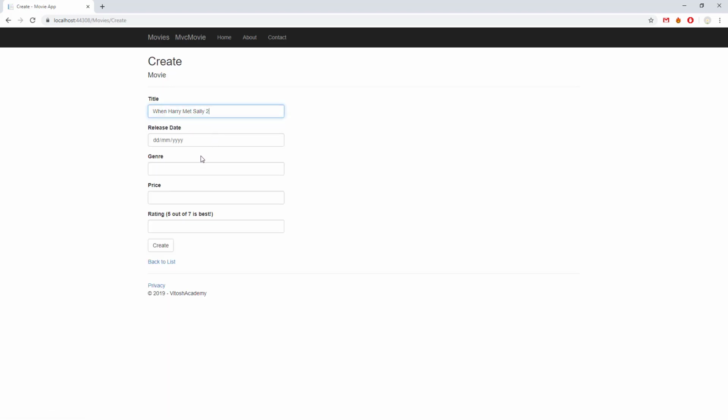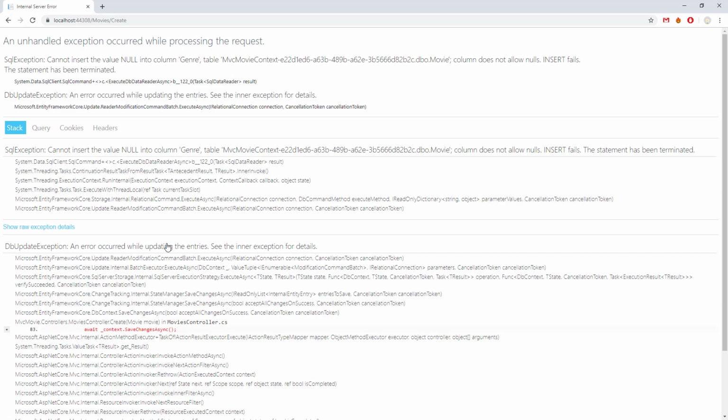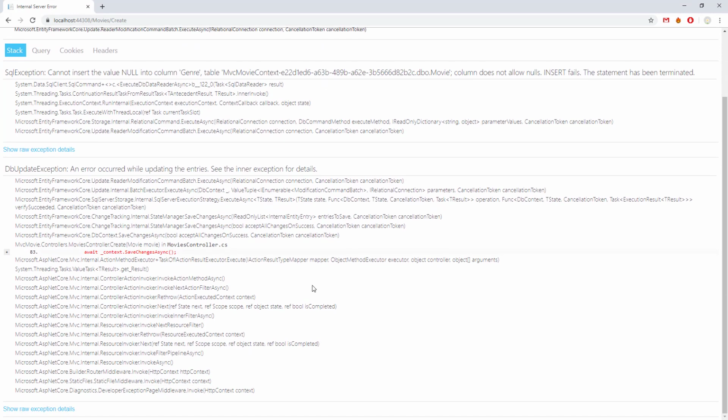We say "When Harry Met Sally, second part." We put some release date, we don't put a genre, we put a price of -1, which actually means that we are paying our customers if we go, and okay, we give our funny 5 out of 7. So we click on create, and this happens. This is not the blue screen of death, but a rather unpleasant